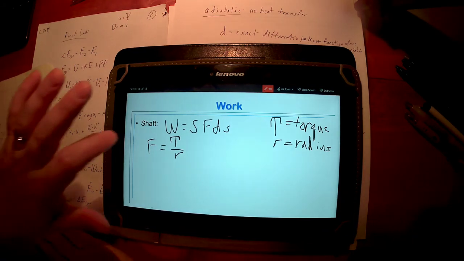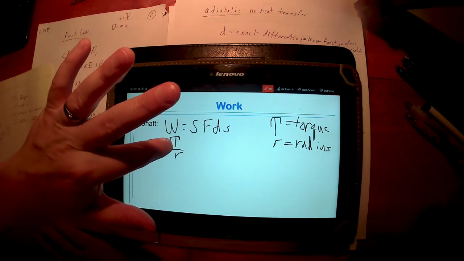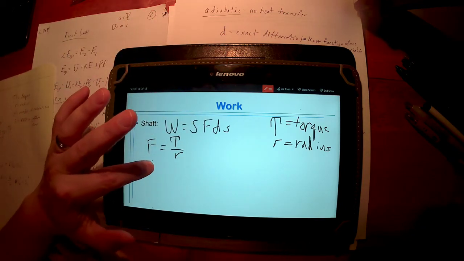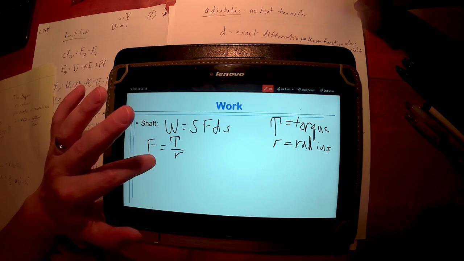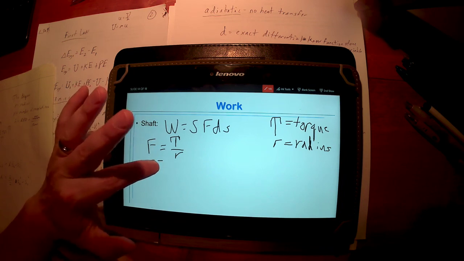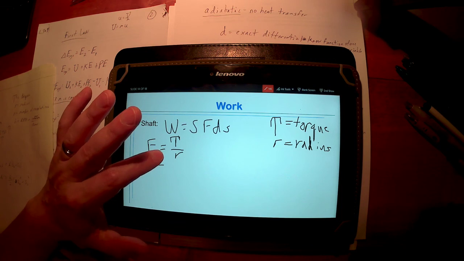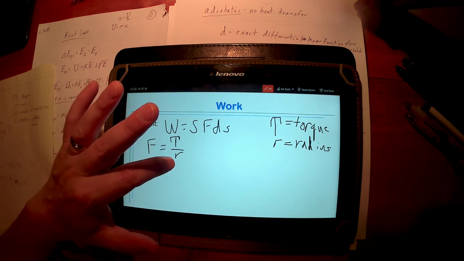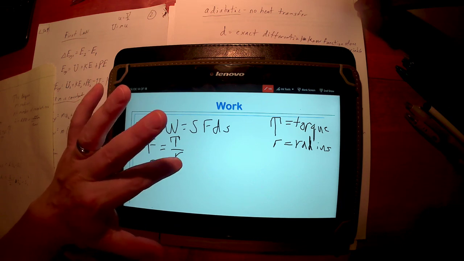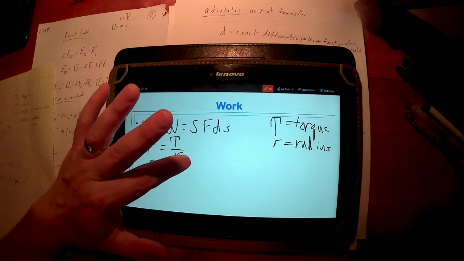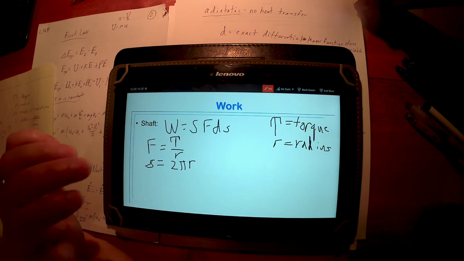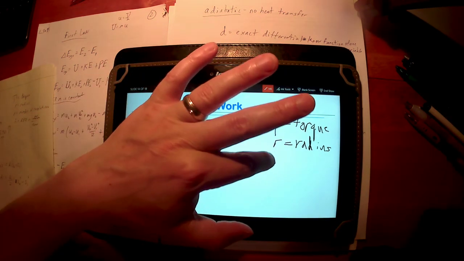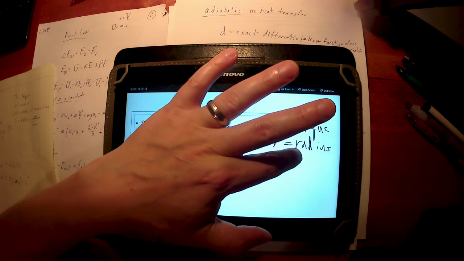Okay, so to plug into this integral here, T over R is equal to F, and the distance, S, right, if the force is constant and rate of rotation is constant, then that S is just simply the circumference of the outer edge of the shaft, 2 pi r, giving me the circumference of the shaft, multiplied by n, n being the number